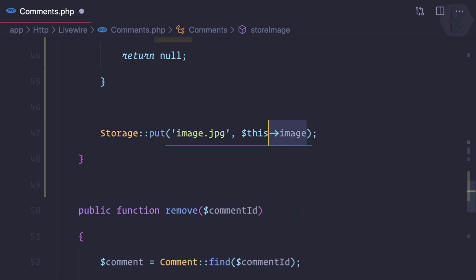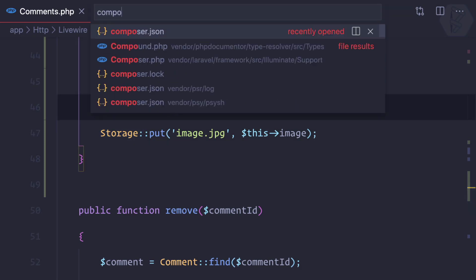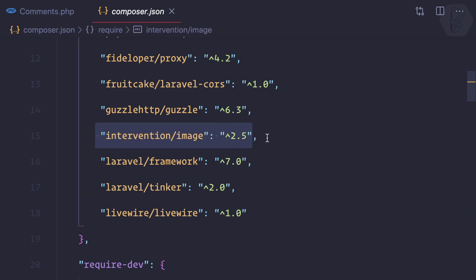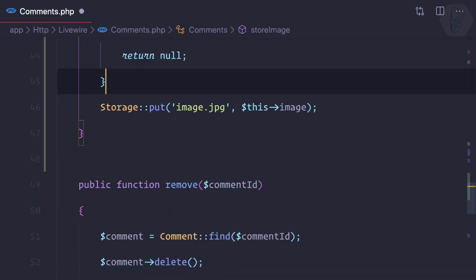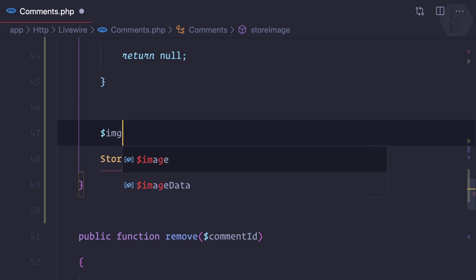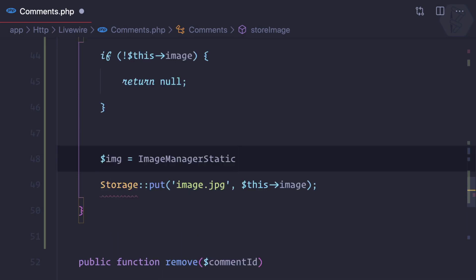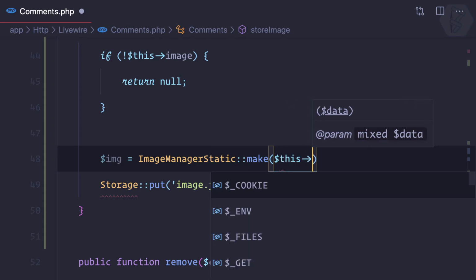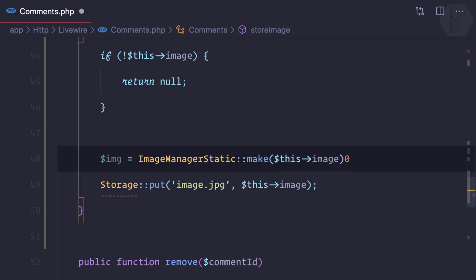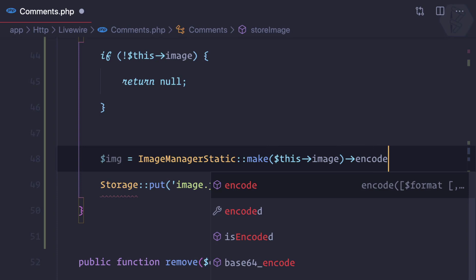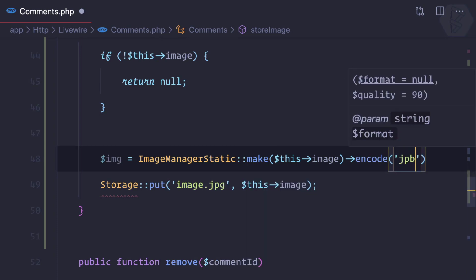But this is a base64 image, it is not going to save by using this. So I have also installed the intervention library, and using this intervention library it has become super easy. I just need to use the Image manager static, then make an image from this and encode it into JPG format,